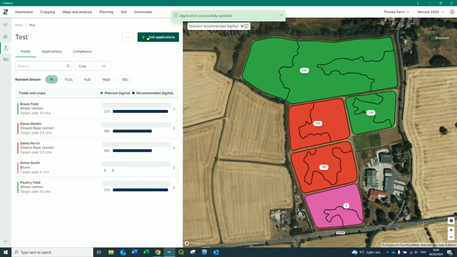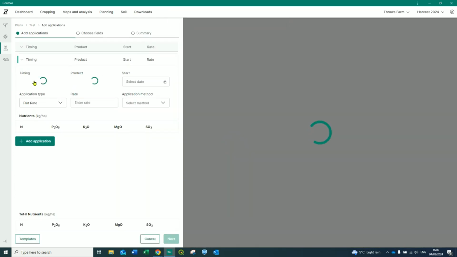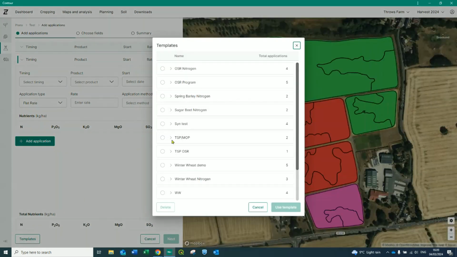And then finally, I just want to add some applications for my beans. So add application again. I'm going to use a template again just for ease. So I'm going to put some TSP MAP on. As you can see, it's showing our TSP MAP applications with estimated dates. There's no rate there because there'll be